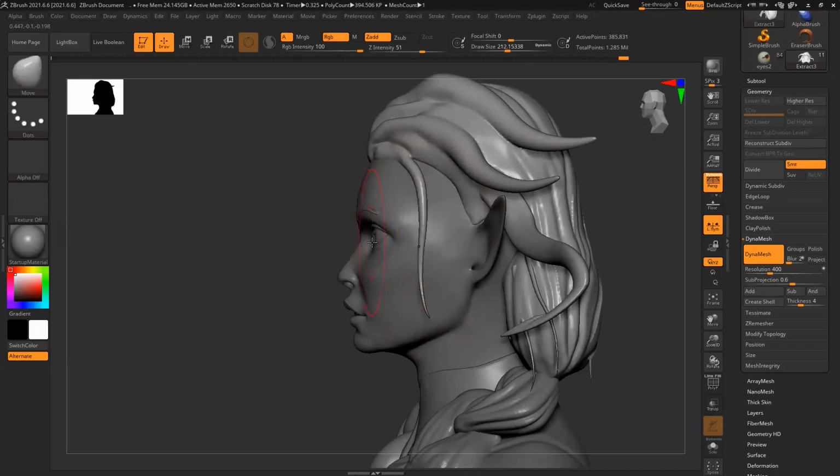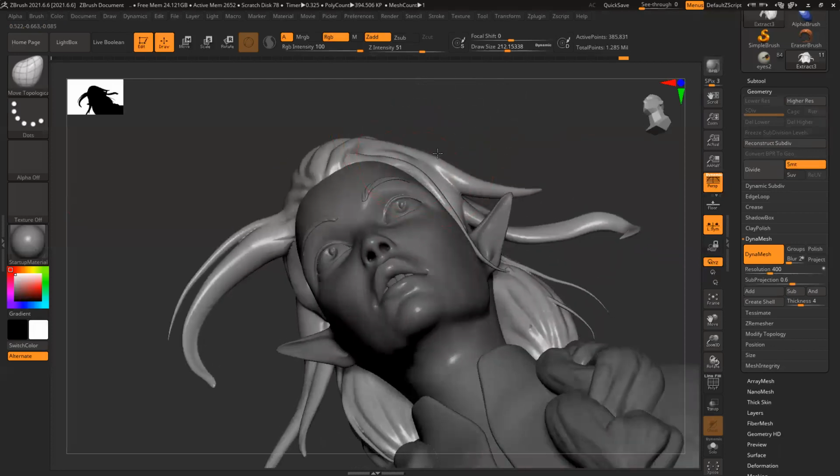It should be BMT, modify topology. Slightly here, push slightly here. And this volume.